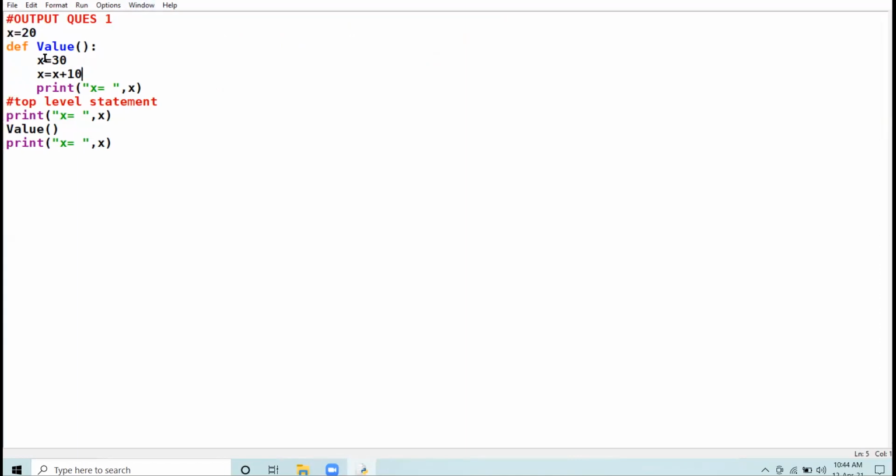Now, when I assign a value to the variable inside the function, it creates a local variable with that name. I have added 10 to its value. So x print here is 40. Right now, this x which I am showing here is a local variable, local to the function.